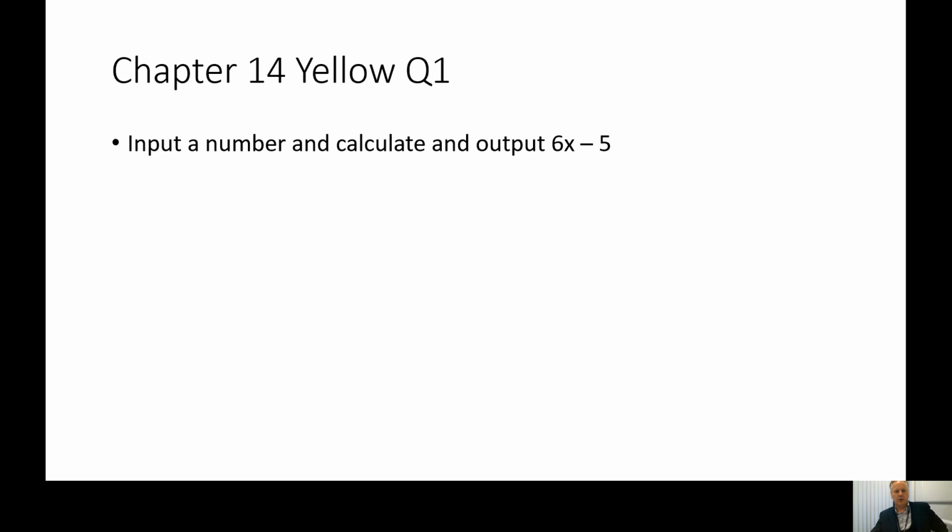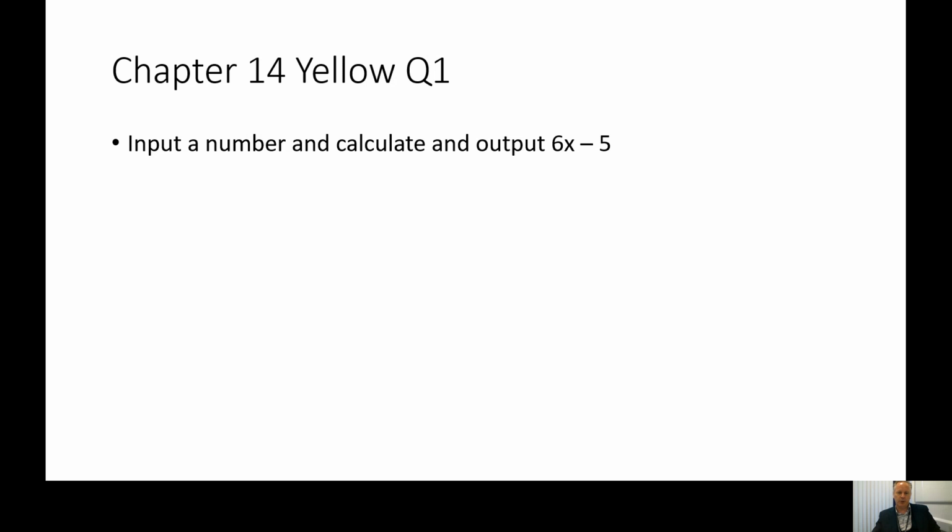Good afternoon. Today we're going to look through chapter 14 of the textbook. I set you 4 questions to do, so it was the 3 yellow questions within chapter 14 and exercise question 2 as well. So I'm just going to do a walkthrough to show you the answers and how to approach each question. So chapter 14 yellow question 1 asks you to produce assembly code to input a number